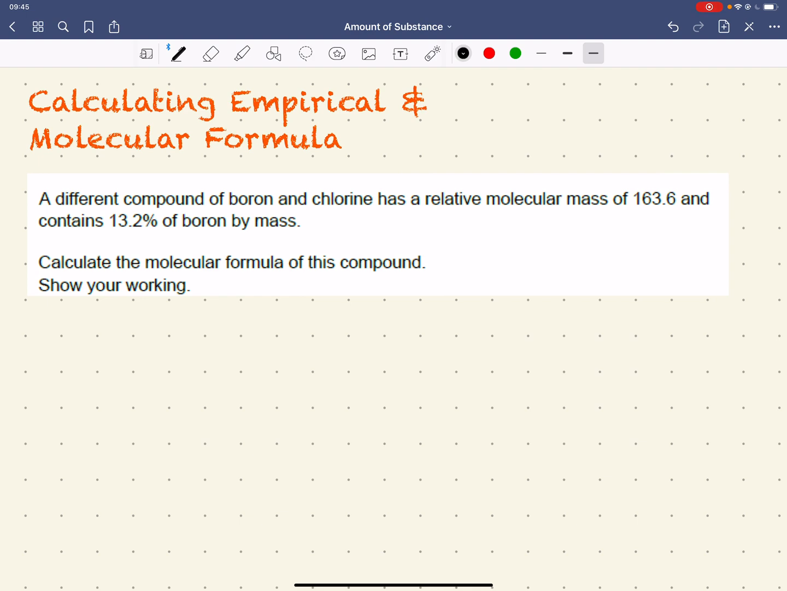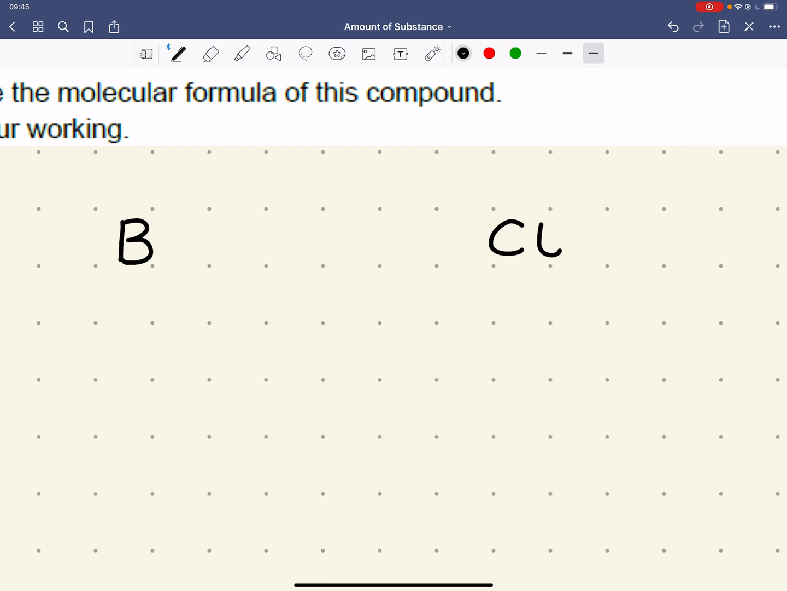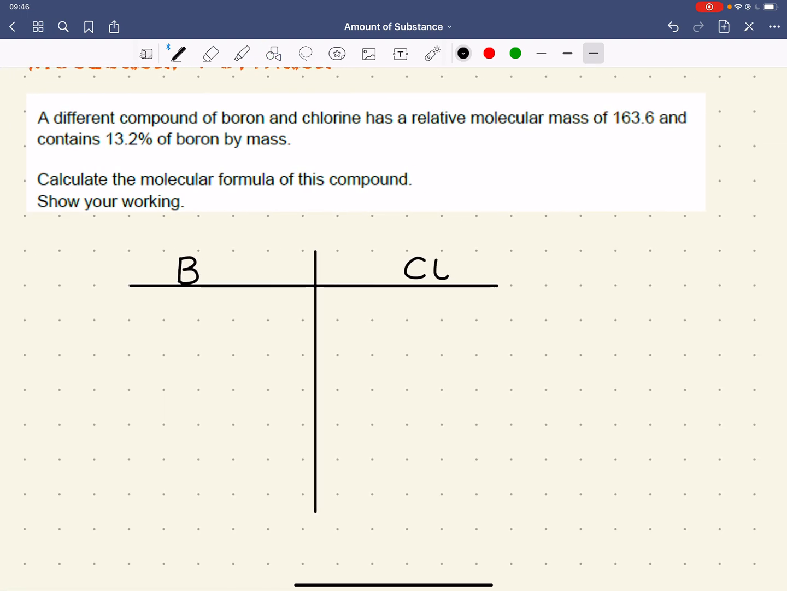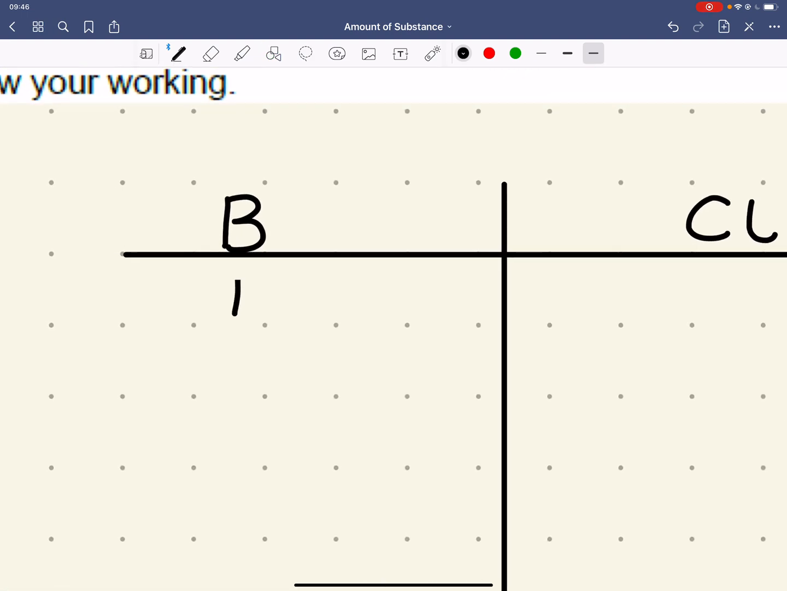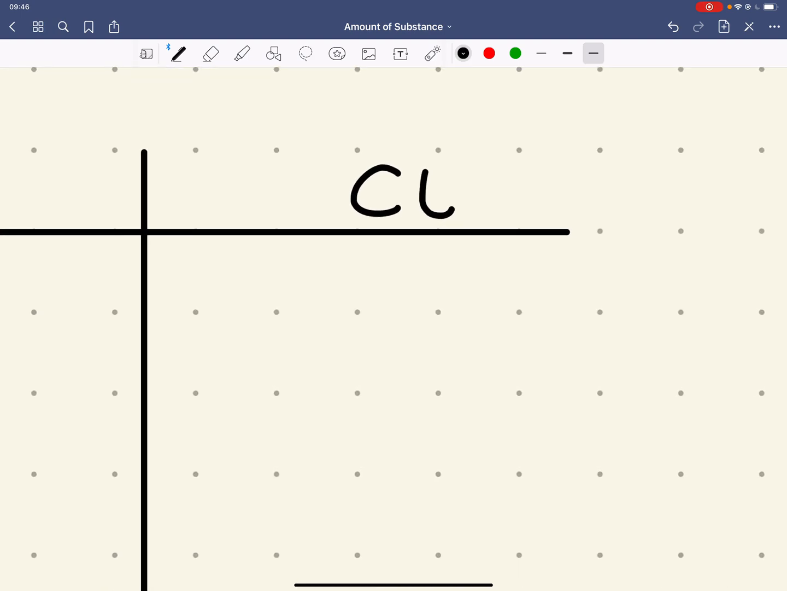So the first thing you need to do in a question like this is work out the empirical formula from the data given in the question. Remember that we need to make a column for each of the elements in the compound. So I've got a B and a Cl. So remember to make a column for each. We've got the percentage of boron, which is 13.2, and the percentage of chlorine, even though it's not given, we can work it out because the percentage is out of 100. So it's simply 100 minus 13.2 would give us